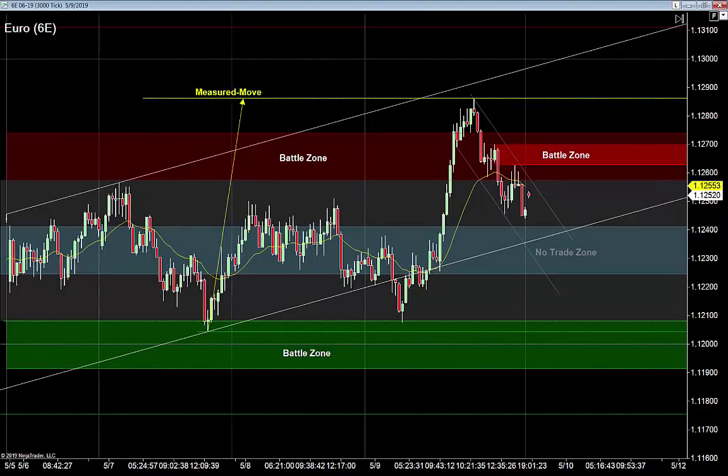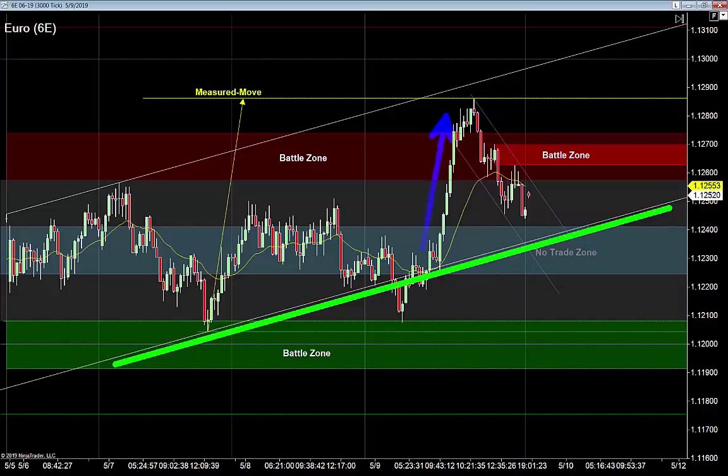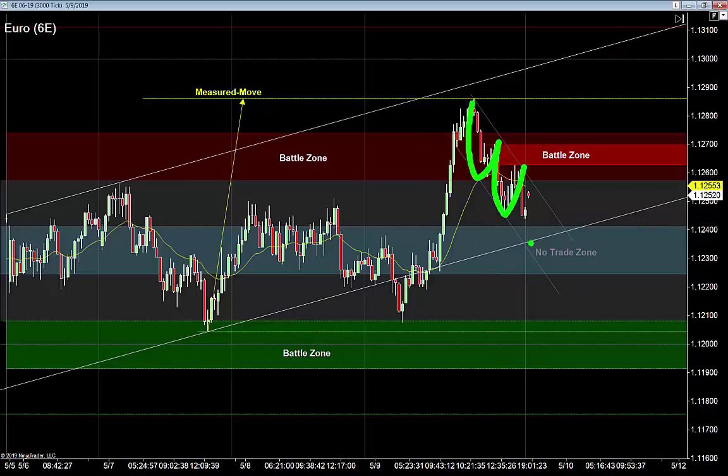Two problems: rising support trend line, right? Two problems: bullish market. Same thing as gold, right? We know we have the one, we know we have the two, but who wants to sell that? I don't want to sell that. No. Not going to work. Not a very reliable trade because of what? That rising support. So instead, we'll look for that one, that two, and what I'm looking for is that trap,